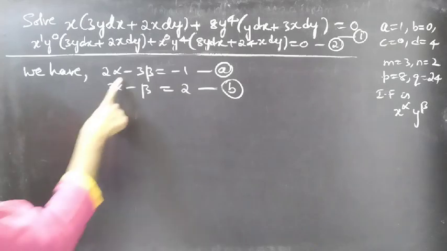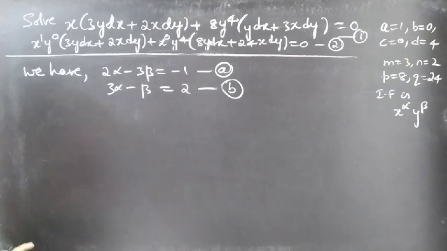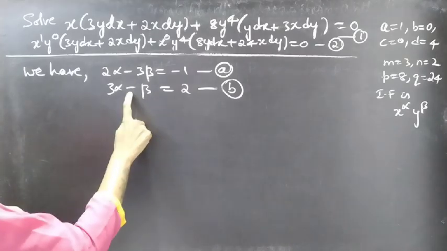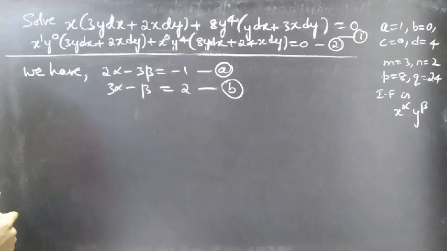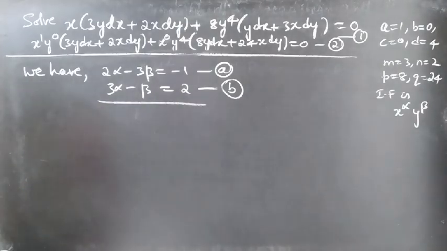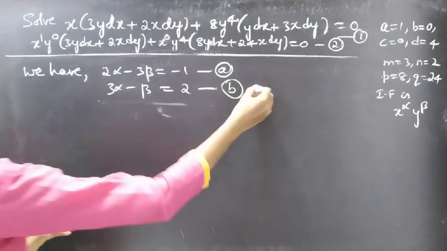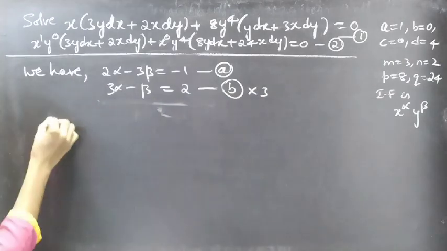Now I'm going to solve these two equations. I'm going to cancel the terms involving beta here, so I need a plus 3 here. So what I'll do is multiply the whole equation by minus 3, or just multiply it by 3. Okay, we'll get